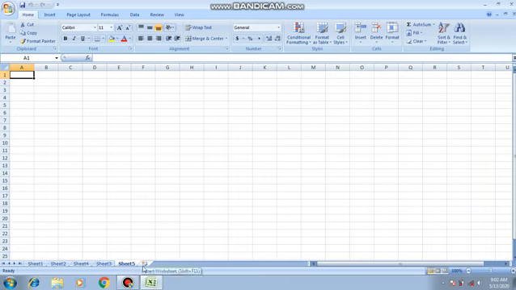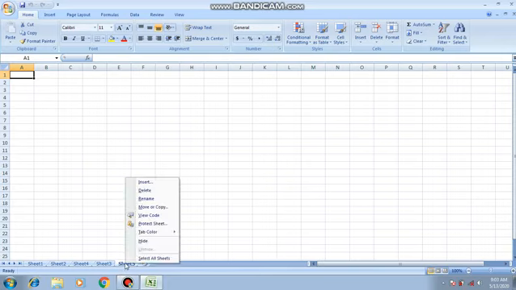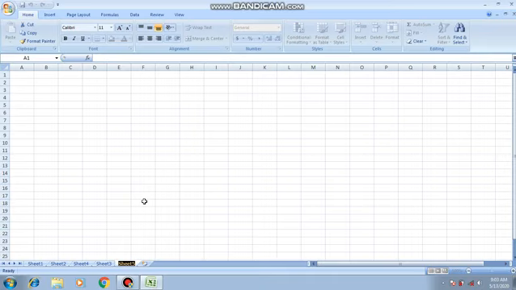Now the second option with the sheet tab is that you can rename the worksheet. How to rename a worksheet? Suppose this is a selected sheet and you want to rename it. You just right click on the selected sheet. This pop-up menu will appear and here is the option for renaming. Suppose you click on the rename button. Now type the name, like roll number. This is the name of this new sheet. So this is how to rename a worksheet.